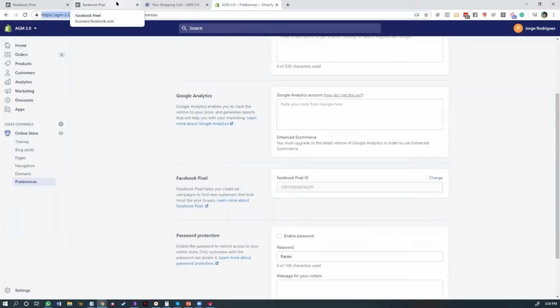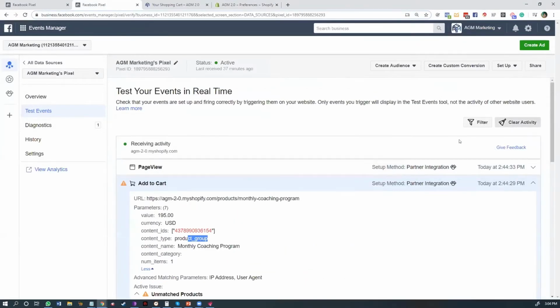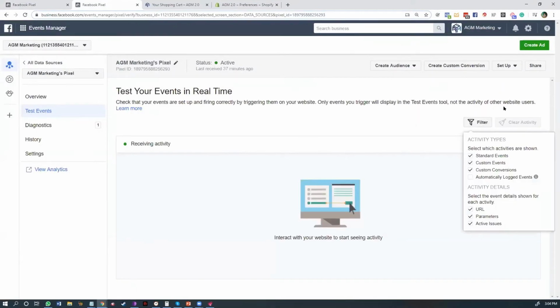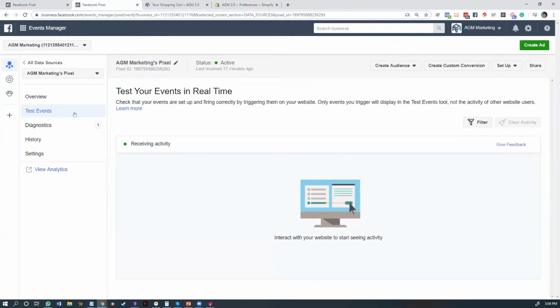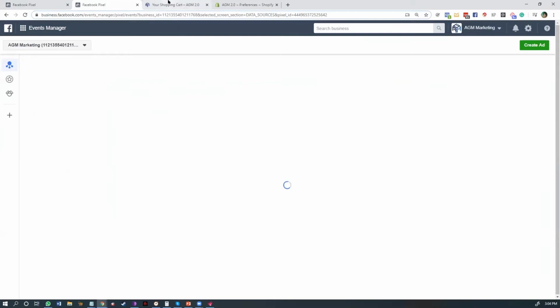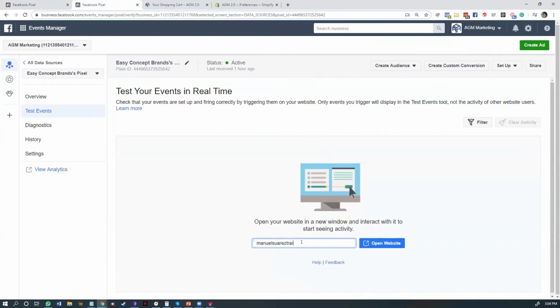For example, if you do have a regular website for lead generation, we can test a different website by just adding or changing the links in here. Let me go ahead and search for it. But you can test it at any time. Let's use a different pixel, for example. And same thing will happen every time you visit Manuel Suarez training,